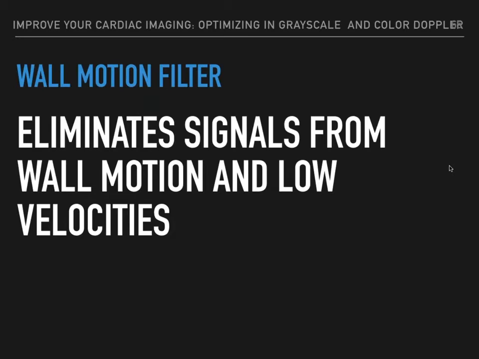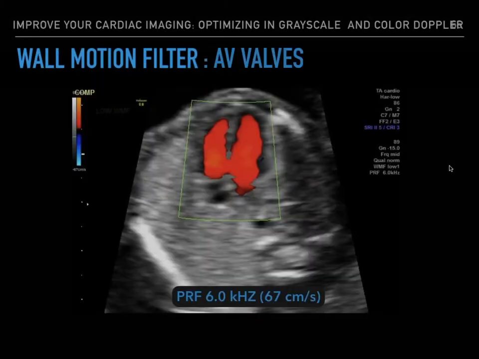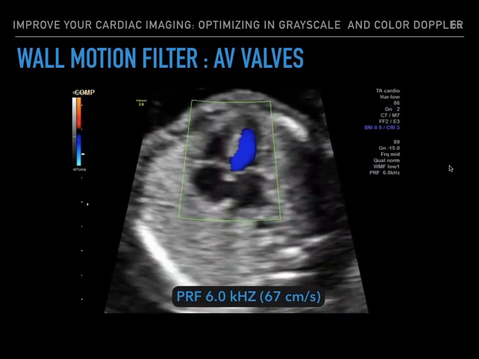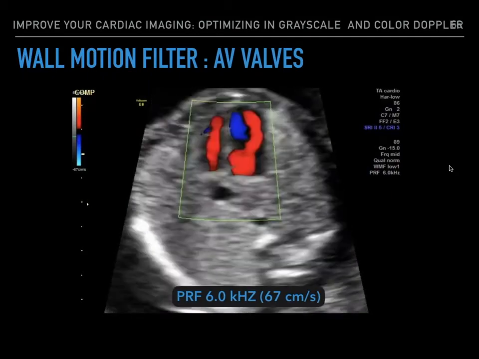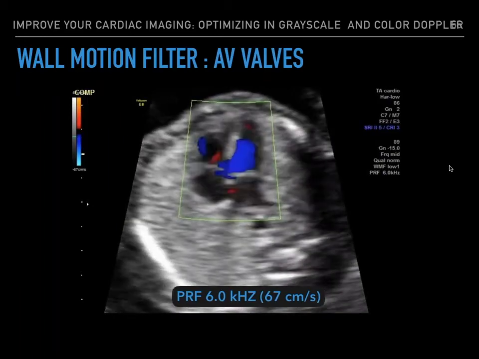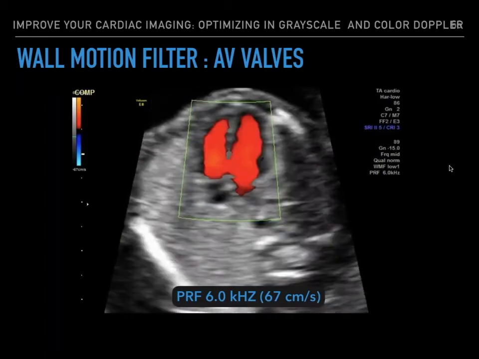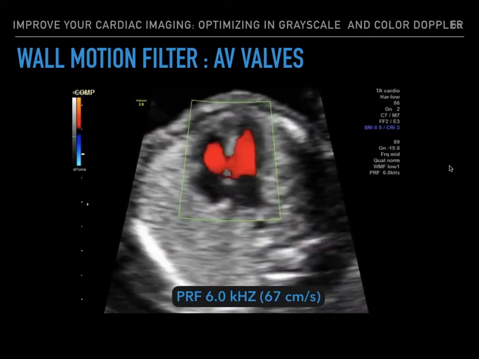Wall motion filter eliminates signals from wall motion and low velocities. So when interrogating the flow across the valves, you want to make sure you have all the proper settings. So in this clip, you can easily suspect a possible ventricular septal defect, especially with your PRF set appropriately, which